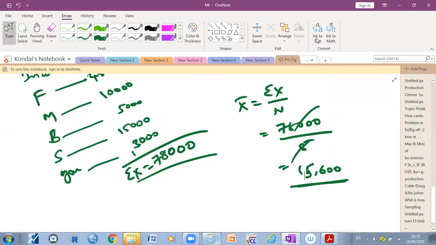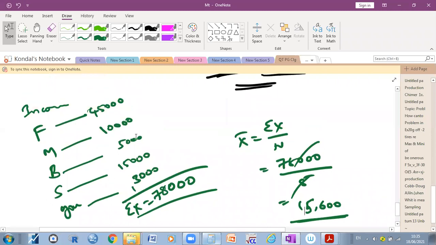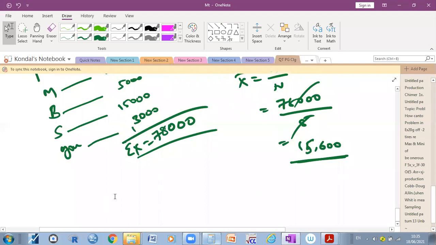Yes, sir. So why am I stressing this and giving more examples? When you are doing research, it is very important. To calculate the average I made a simple example with marks: sum of x by n. The main motto of this subject is that you need to introduce these kinds of statistical techniques in your research. That's why they are introducing it in the PG course as well as earlier in the degree course.